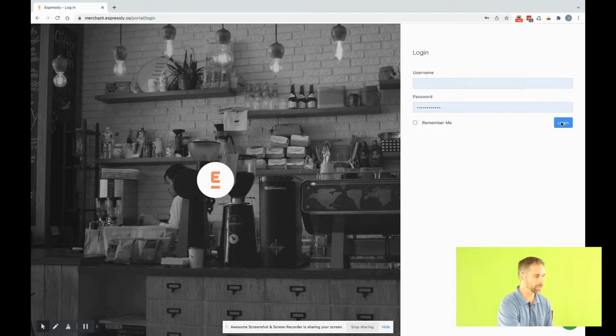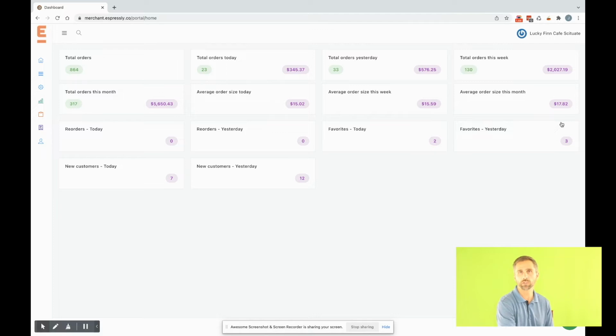As we come in, we're going to see that there's a dashboard. The dashboard is going to show you your orders for today. It's going to show you what you had for orders yesterday, total orders placed on the mobile app system, as well as orders for the week and the month. There are additional bar charts and graphs that we can turn on for you to see more of a visual